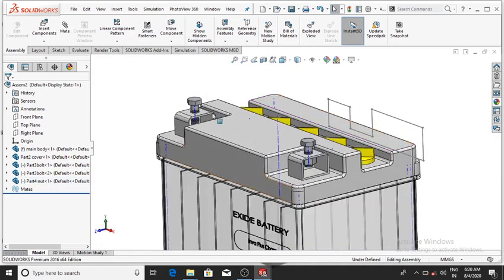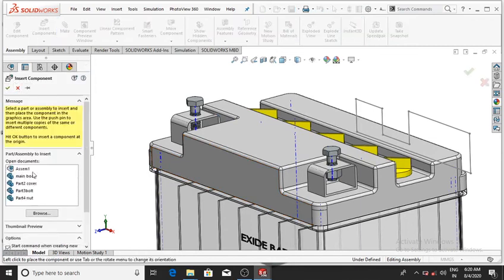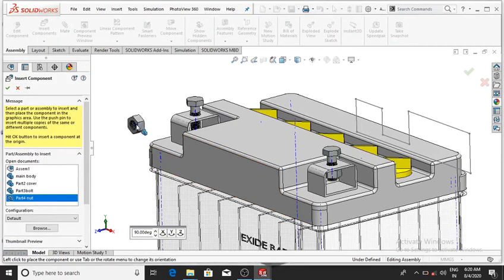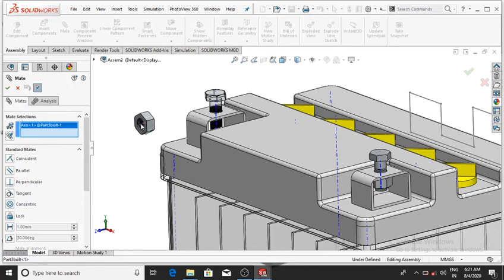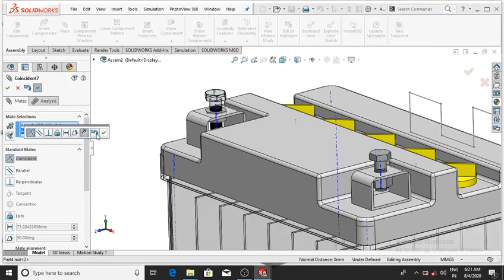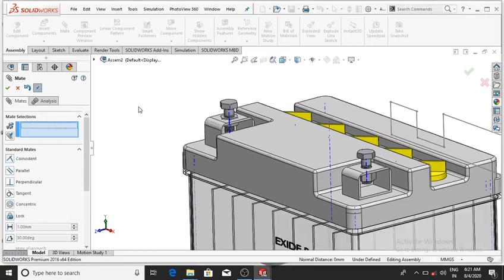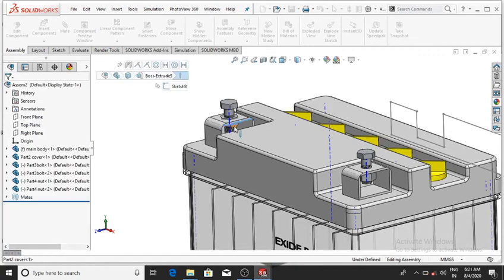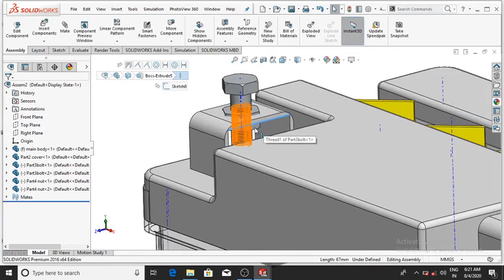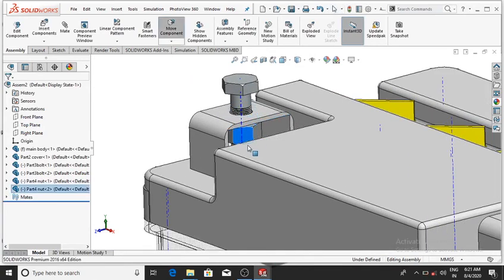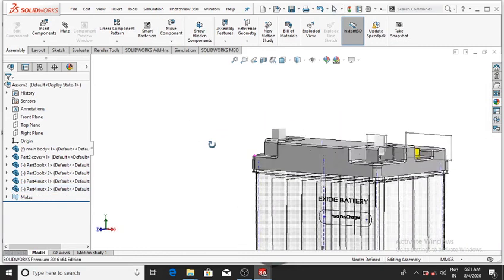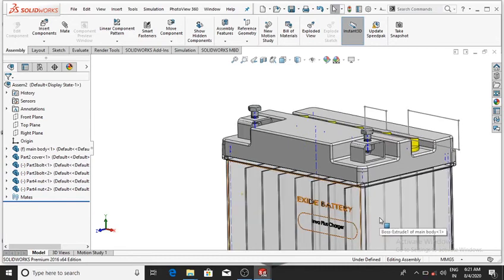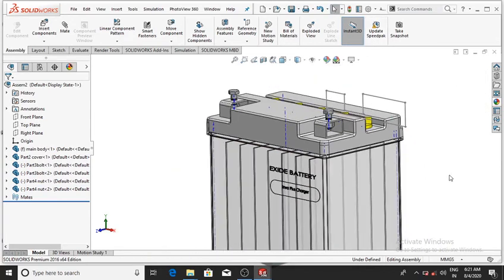And again go to the insert component and select the nut and drag it up to this, and again go to the mate, select this axis and this axis, and then OK, it will be selected. Then move this nut, so simply select this nut and move it up to this. Now we can adjust as your requirement, then OK.